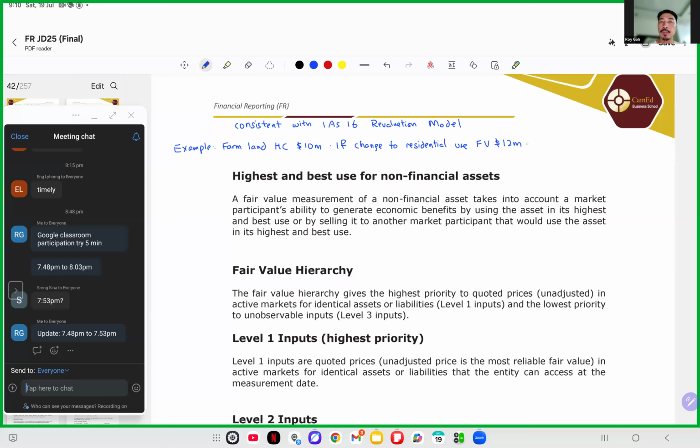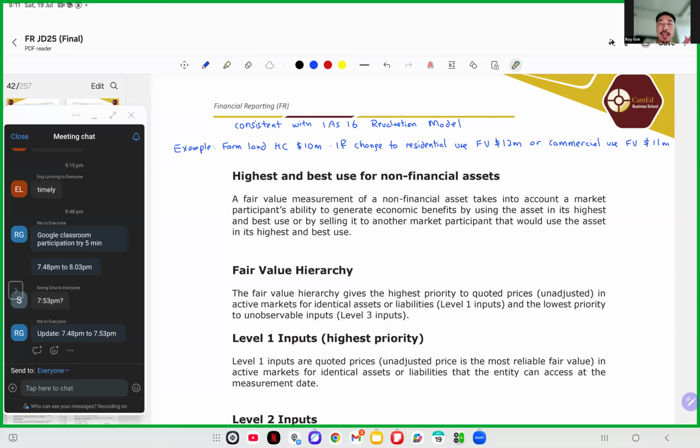Or if I change it to commercial use, I build shopping center, I build some factories, commercial use. Commercial use, fair value is 11 million. For example, yeah, just for example. So there are quite a few users. IFRS 13 says it must be highest and best use,